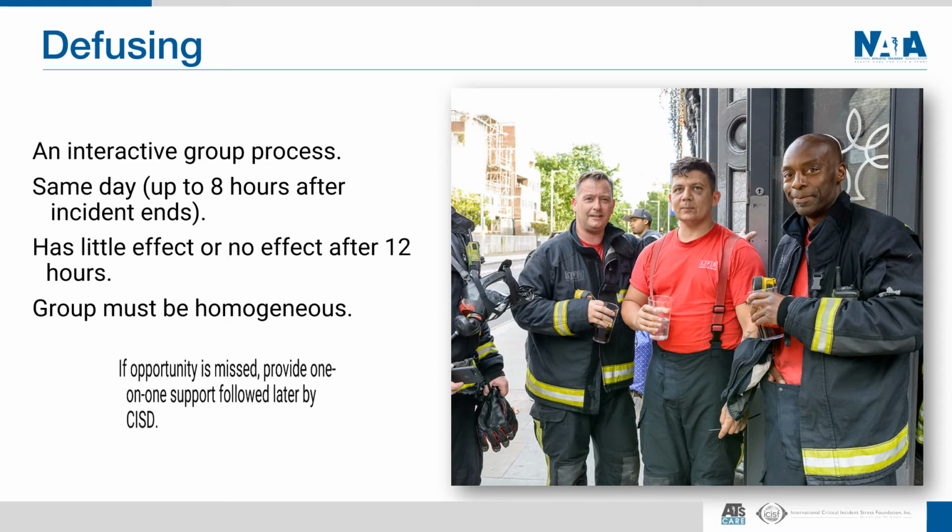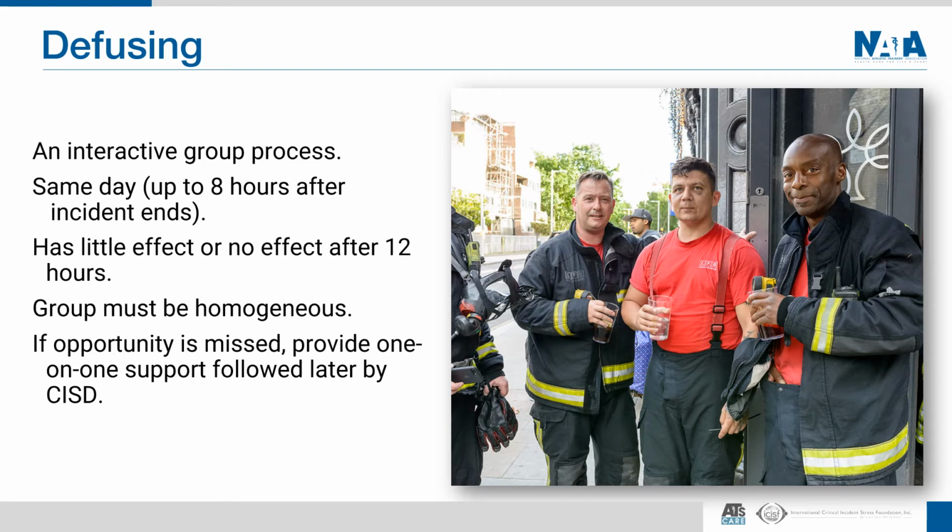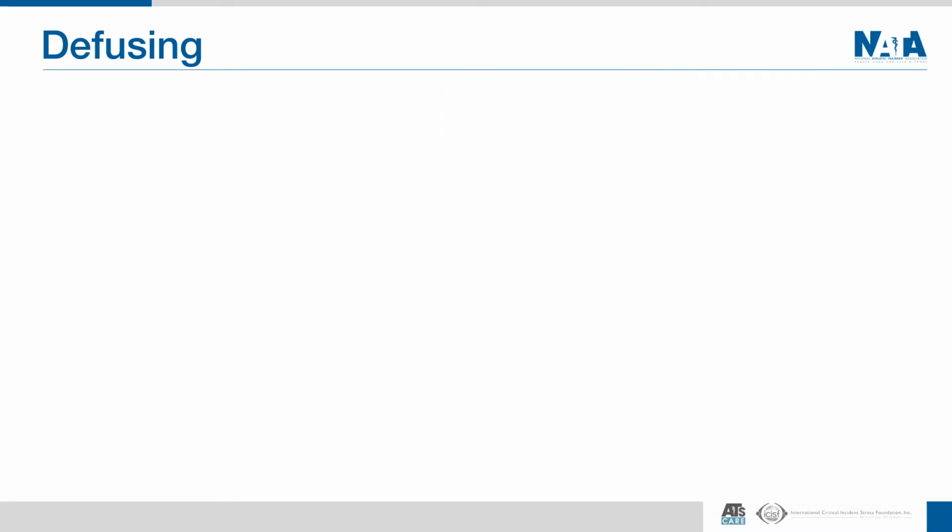The group has to be homogeneous, and if the opportunity to conduct a diffusing would be missed, then we move to one-on-one support and then later get a group together, the homogeneous group, for a debriefing. So if you can't have the structured group immediate intervention called a diffusing on that day, then we move to other methods. The diffusing